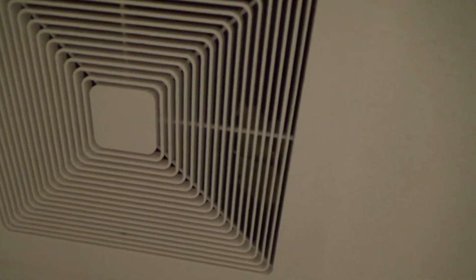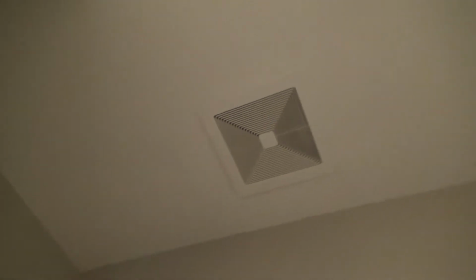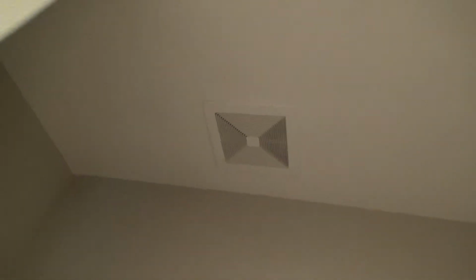And here we have an exhaust fan up here. When we moved in, I saw some stuff that was down here before. It was all over the toilet. I ended up having to get up there, and there were some leaves up in there. And I think I can see something right up in there. See, right there. I think a rat had been up in the ceiling making a nest somewhere close to the exhaust fan. And we ended up catching a rat